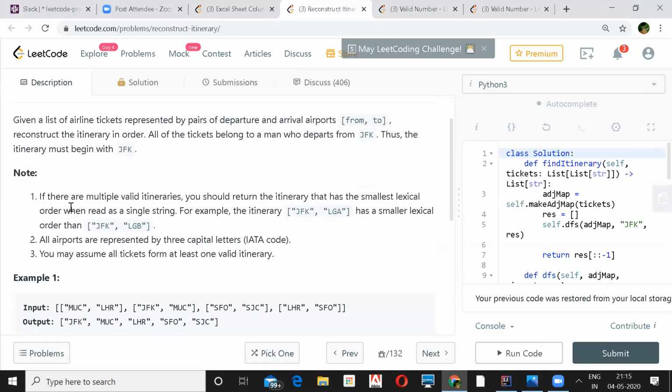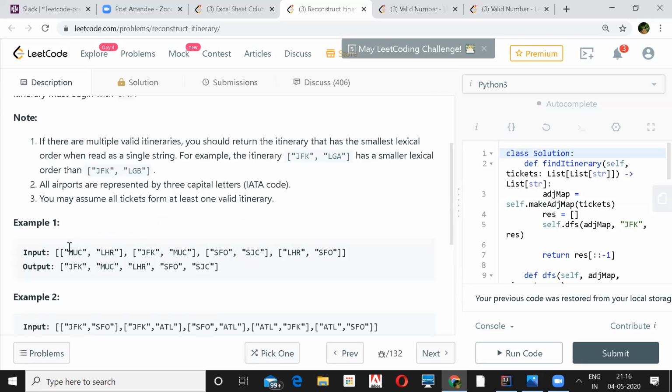If there are multiple valid itineraries, we need to return the itinerary that has the smallest lexical order when read as a single string. For example, the itinerary JFK, LGA has a smaller lexical order than JFK, LGB. All airports are represented by three capital letters as IATA codes, and we may assume that all tickets form at least one valid itinerary.